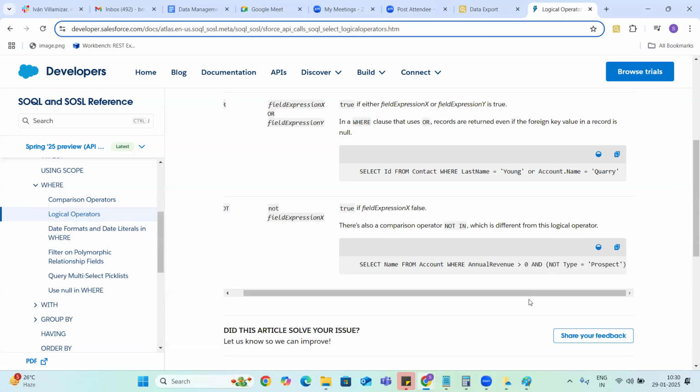If we want multiple criteria, but want to query the records even if only one criterion satisfies our condition, we use OR. NOT is something like that: whenever you want to reverse things, we always use the NOT operator.